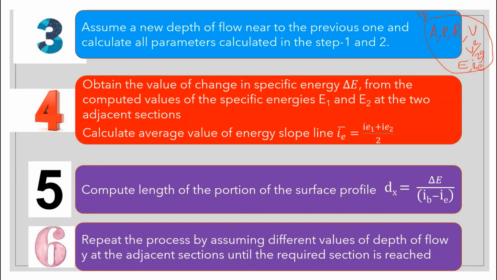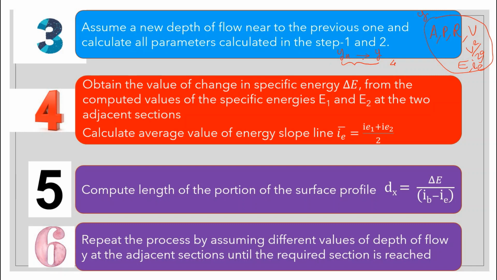Actually, we are not assuming a depth. What we will do is find out the normal depth, and a depth will be given up to which the gradually varied flow exists. Then we will divide the entire length according to the depth into a minimum of 4 sections. The entire length is divided into 4 or 5 sections, or at least we should divide into 4 sections. We can divide it into 5, 6, 7 or n number of sections. The smaller the section is, the higher will be the precision of your answers.